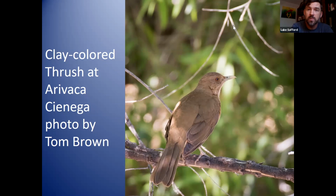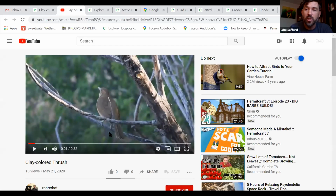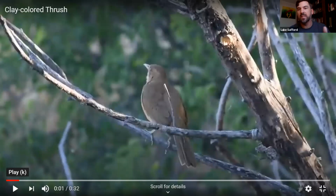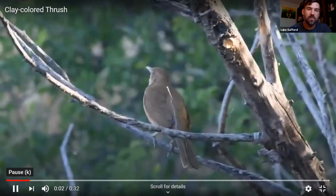It's pretty awesome. But what I'm going to do is switch us over to a video that my friend Chris Rohr took of the clay-colored thrush at Chiricahuas Cienega, and hopefully the sound should play through for you too. Let's listen to it. There's one thing about seeing a clay-colored thrush, but there's another thing about listening to it. A little shaky video, but